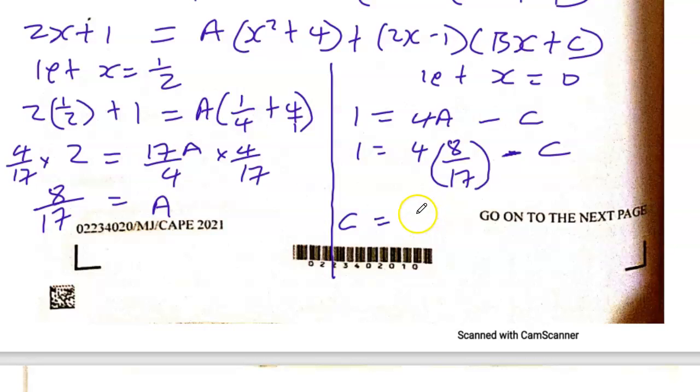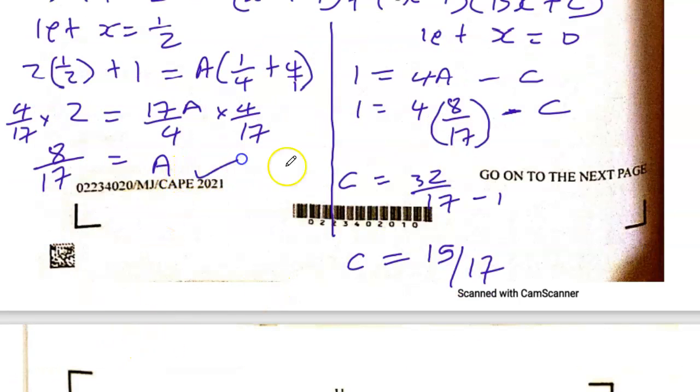4 times 8 is what? 32. 32 over 17 minus 1. So that's 32 over 17 minus 17 over 17. That's what? 15 over 17. So c is 15 over 17. So we have values of a and c. We now also need the value